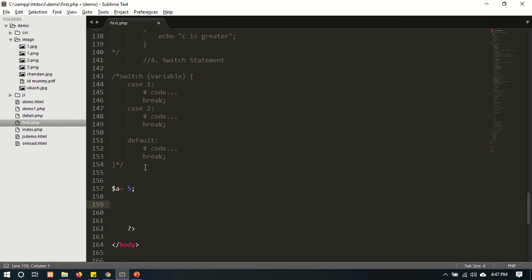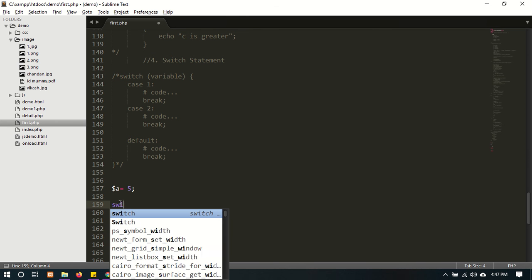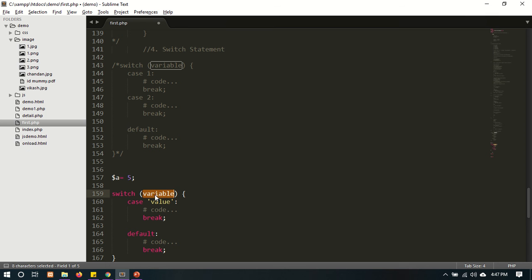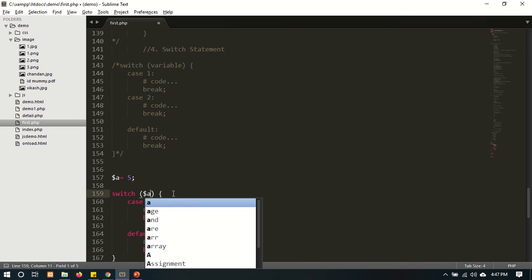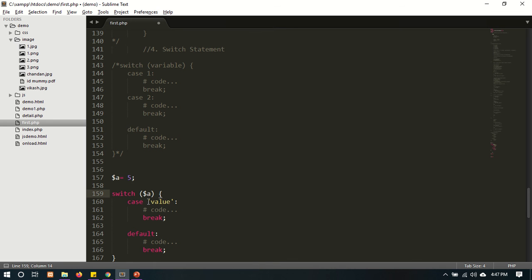I'm going to print the day's name according to the number of that day. So I'm going to start the switch and this $a, case 1. If case 1 then